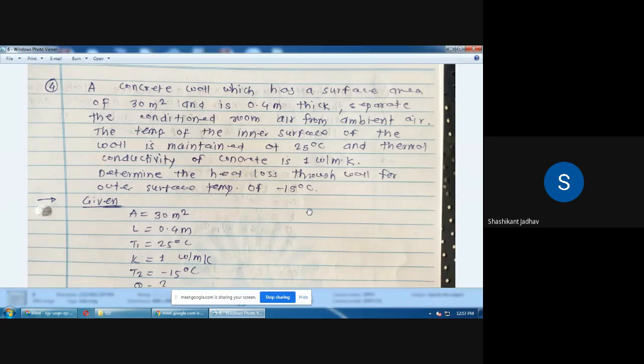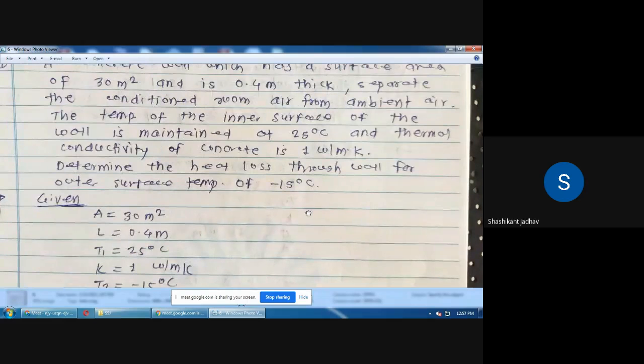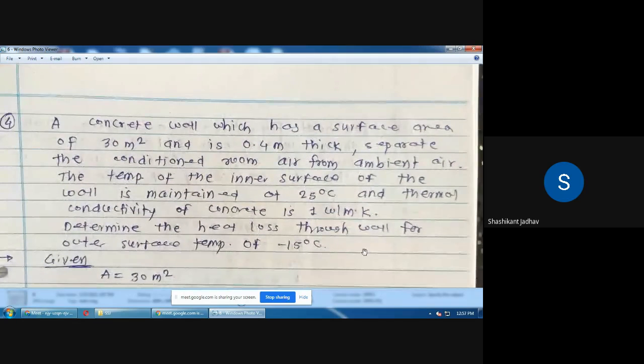Write down: a concrete wall which has a surface area of 30 meter square, and is 0.4 meter thick,